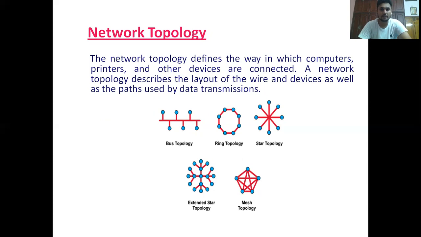It may be a bus, a ring, or a star. So how are these devices connected? Geographical means where it is located in that particular place. That is called geographical representation. So the geographical representation of a network is called topology. These are the different types of topologies: bus, ring, star, extended star, and mesh topologies.